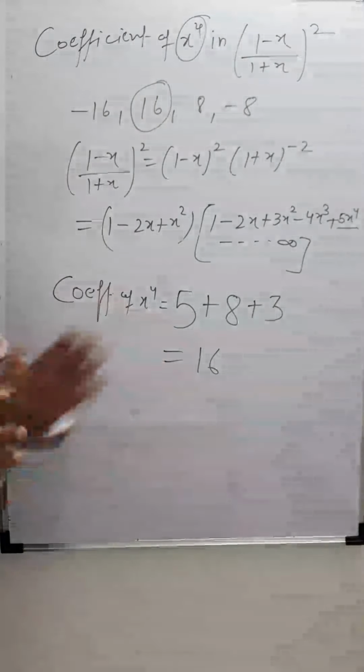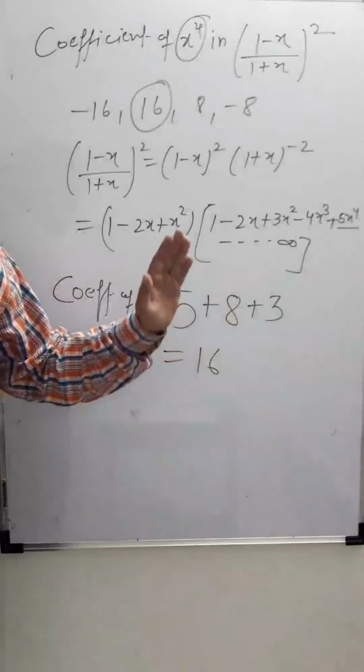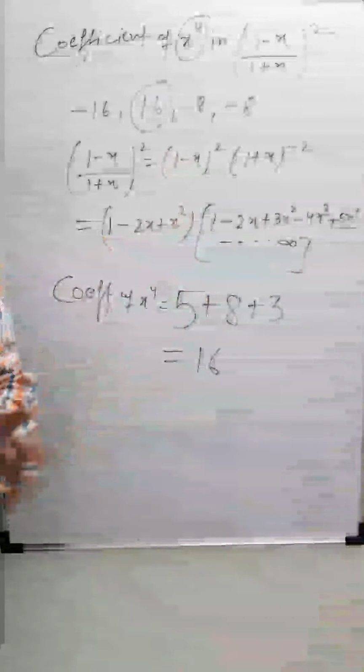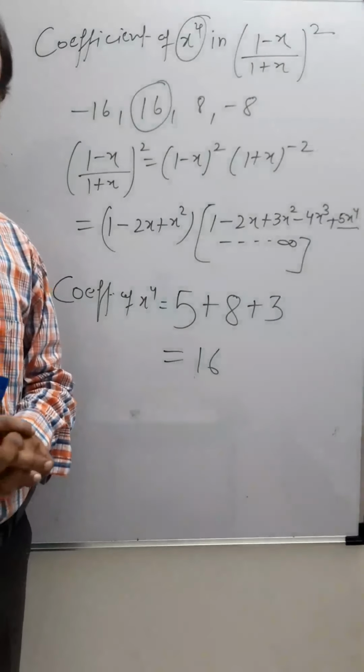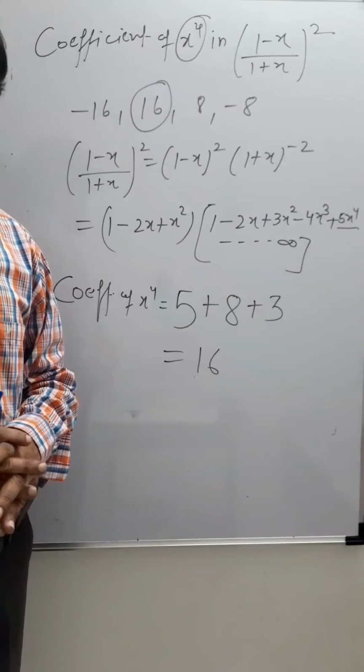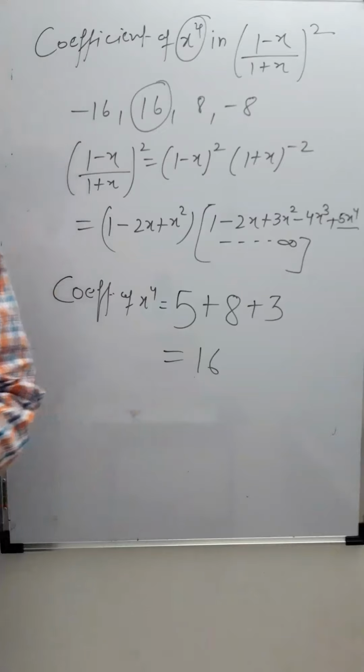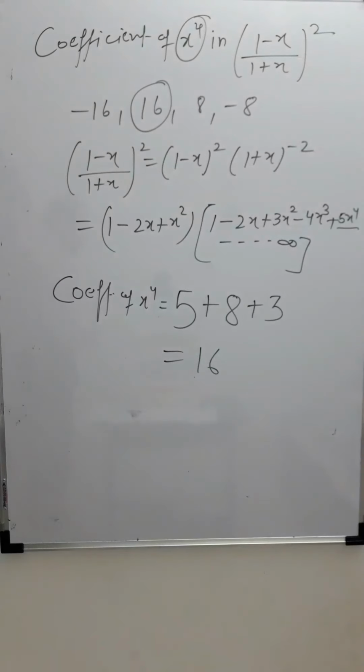In fact, the formula for 1 plus x to the power n, that result you have to remember. Fine here. So now we'll go to the next segment, which is properties of binomial coefficients. So till here all of you have seen binomial theorem for any index, then infinite binomial. Now we'll deal with properties of binomial coefficients.